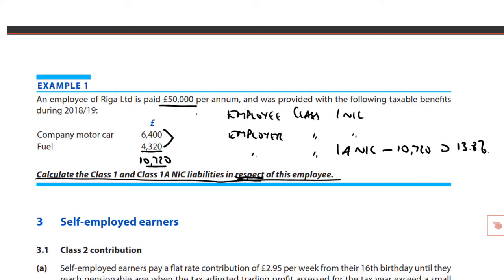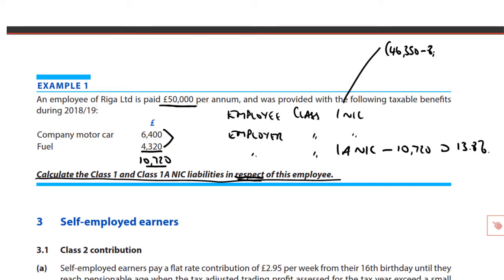So the 12% band that exists above 8424 and up to 46,350 is payable in full. Then on the bit from 46,350 up to £50,000, the level of employment income, we reduce to the lower level there of 2%. So how do we compute the employee class 1 NIC? There's nothing payable up to 8424. We've got the complete band, the 12% band, so